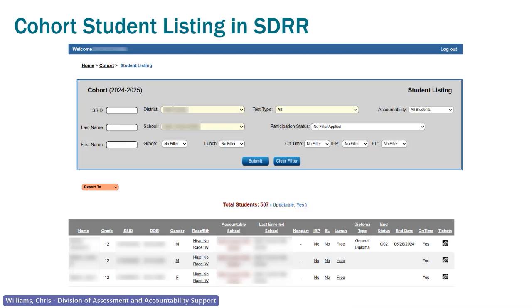So that's why it's very important that you filled out the graduation tab and the G codes were in there correctly, because you don't want your kids to be not on time unless it's a valid reason why they're not on time. And now let's take a look at those.